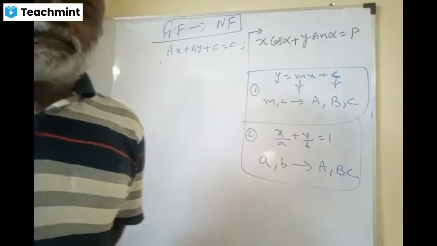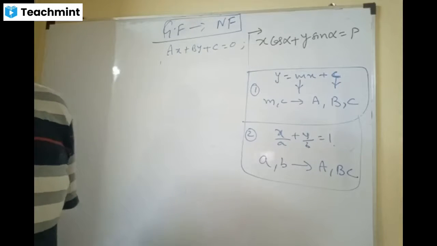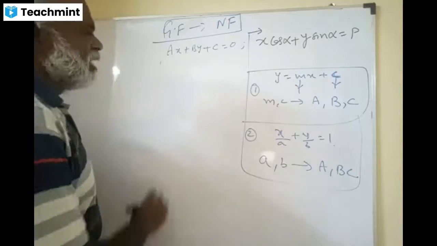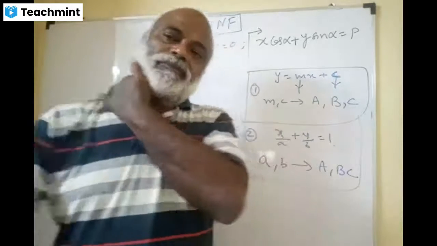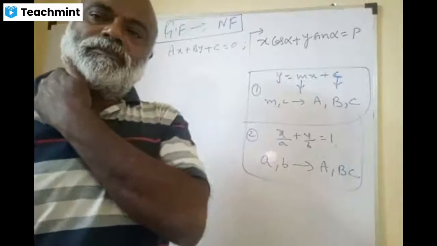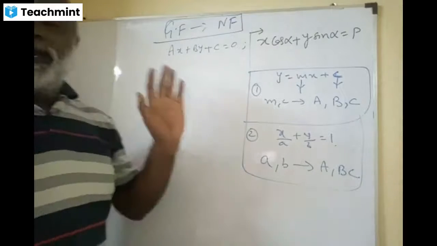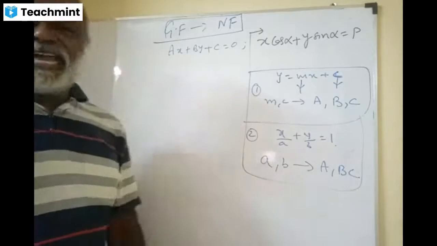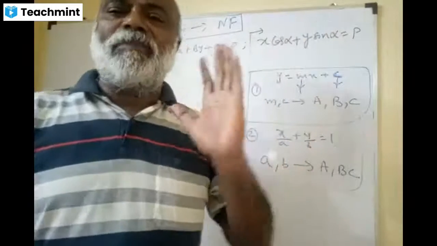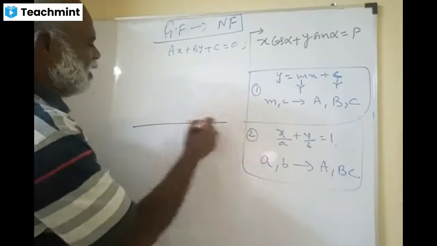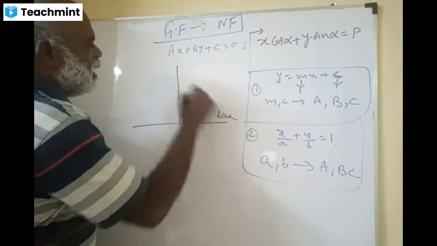Very good. Okay, Arpit? The length of the normal, sir. Length of the normal. What is normal, dear? Anybody can tell? What is normal? It is a perpendicular line, sir. Normal is a perpendicular line, perpendicular to the line. Fantastic. Both are lines only. A line perpendicular to another line is called normal. If this is one line, this is another line. If this is my line, this becomes my normal, dears.